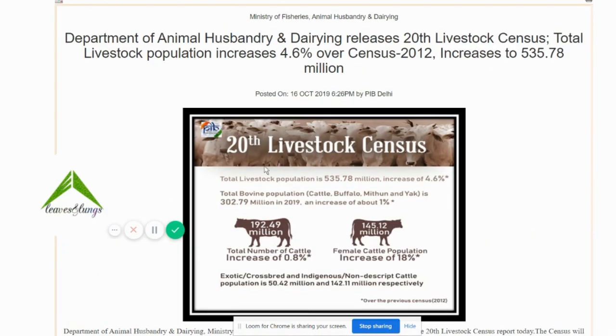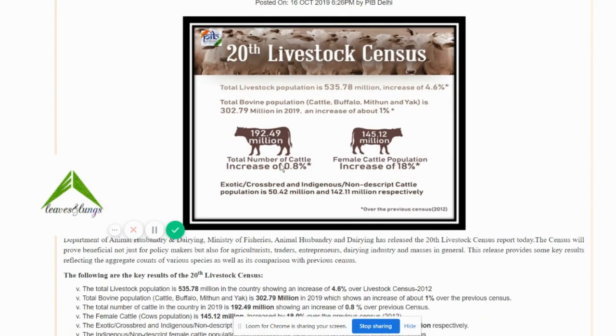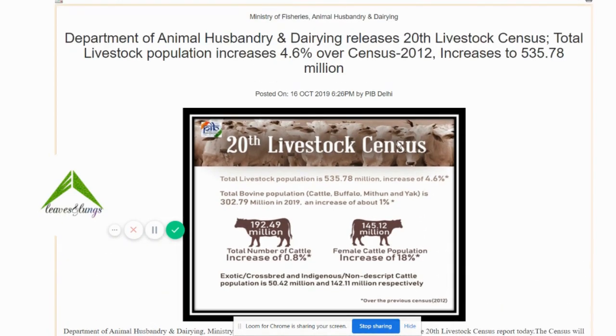Livestock are nothing but the animals that we domesticate, especially goats, sheep, cows and cattle, which includes the bovine population such as buffalo and cows, and in some areas mithun and yak. The basic animals that we use for our domestic purposes are called livestock.